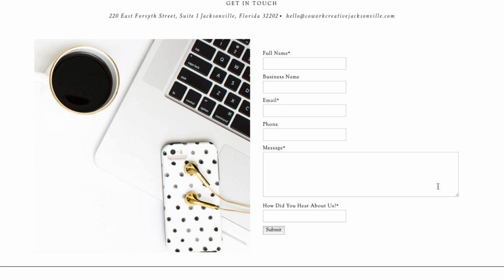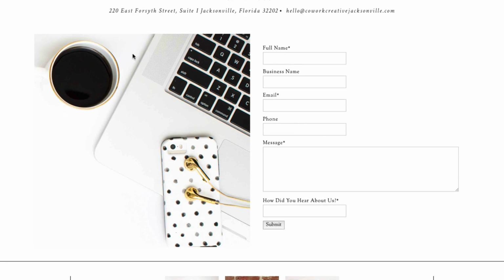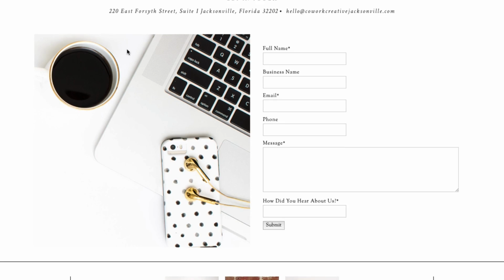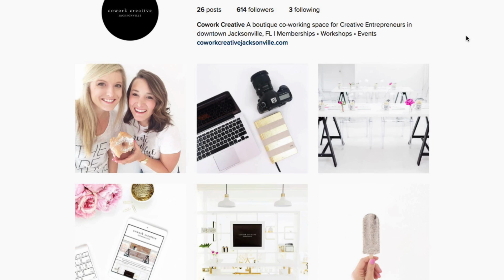But who says your contact pages have to be boring? They don't have to be. And Megan has just, again, done a little crop in of an image within that black, white, and gold set, and it looks just beautiful and seamless. And then another fantastic place where we see them using a collection of images over and over again would be